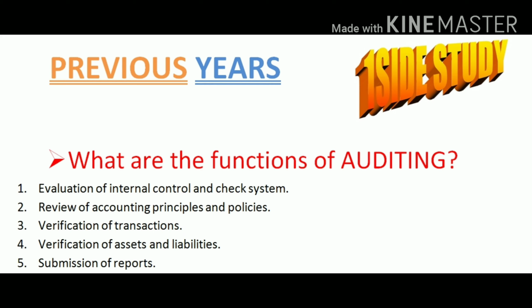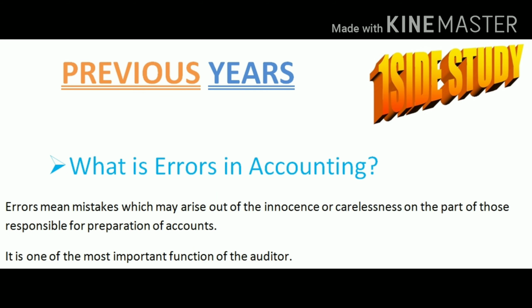The next slide is the very important question, that is, what is errors in accounting? This is very important question which comes in every year, I think. So let's discuss the answer. That is, error can be termed as mistake which arise out of innocence and carelessness. Error absolutely take place due to innocence,